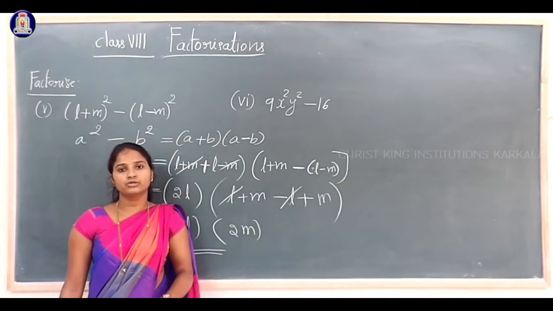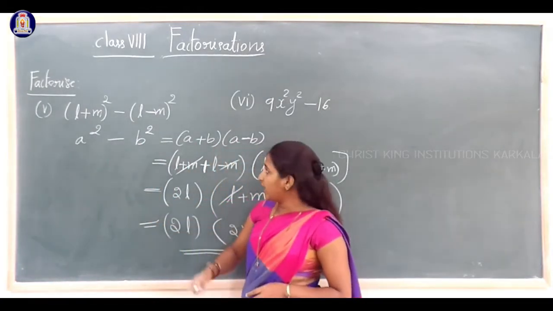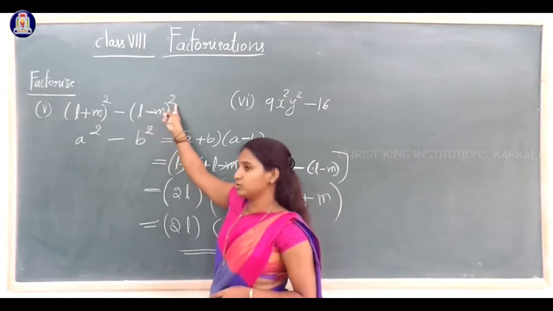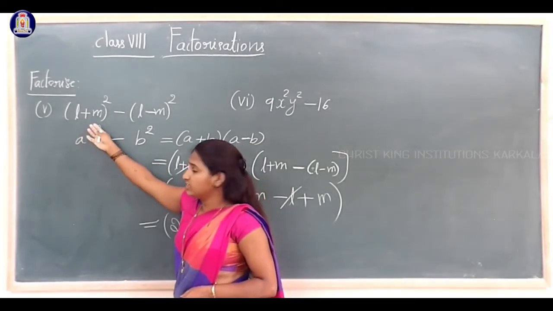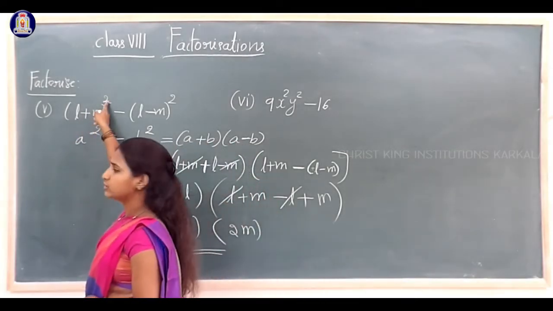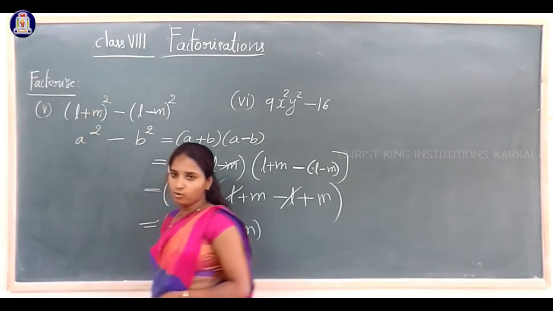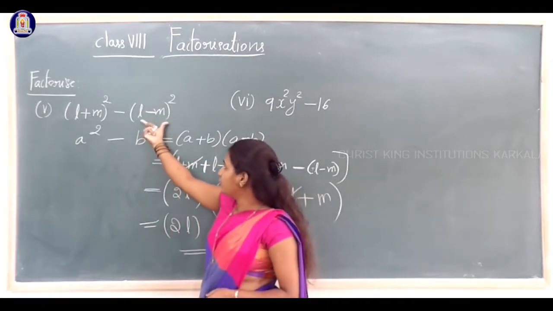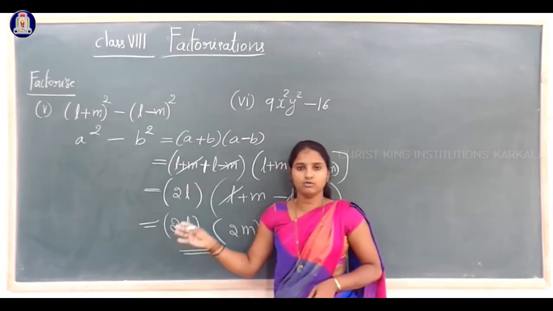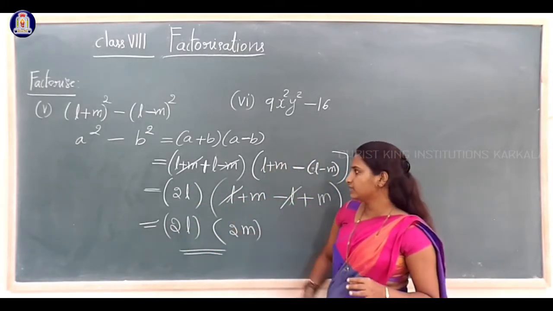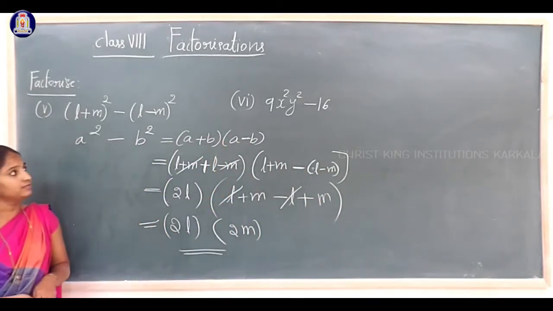If you want, you can use the first identity, that is (a + b) whole square, and the second identity, that is (a − b) whole square. If you use those identities, you have to expand the given expression: (L + m) whole square is in the form of (a + b) whole square, and the second term is in the form of (a − b) whole square. If you want, you can try that method also. Finally, we'll get the same answer. Try this. Okay, we'll solve the fourth question.